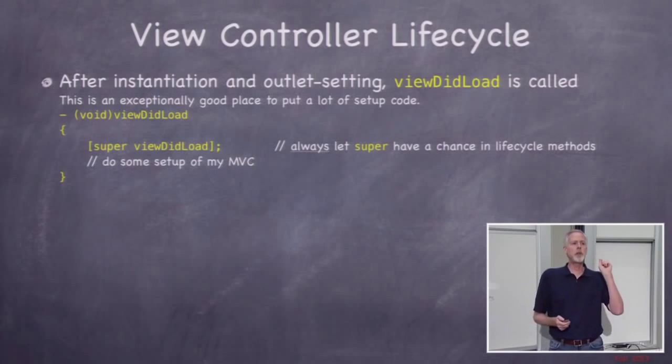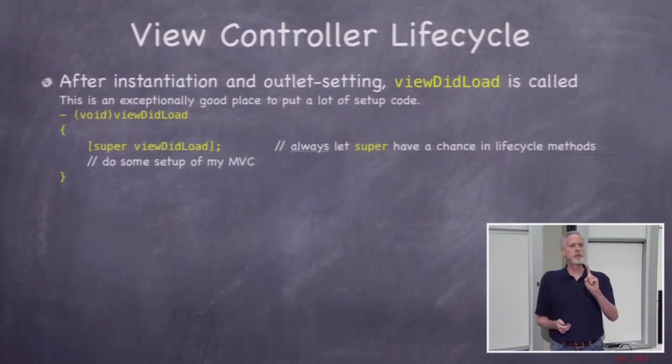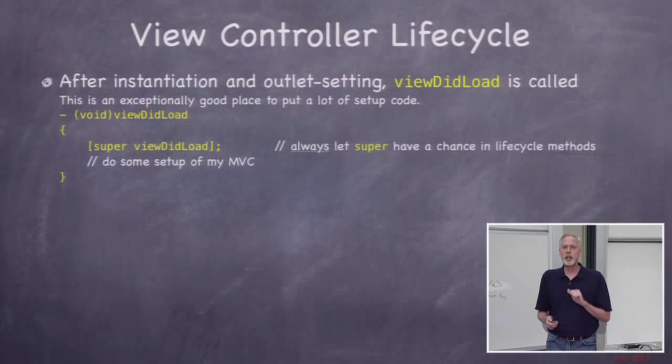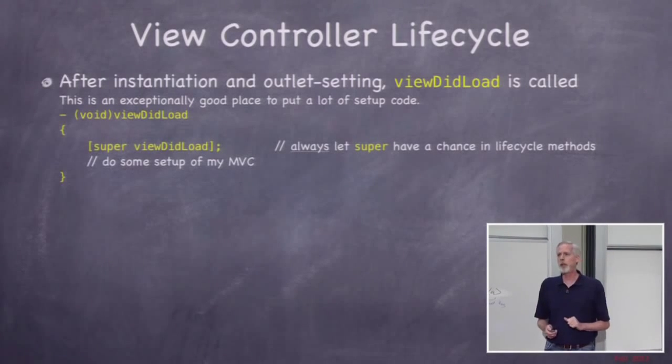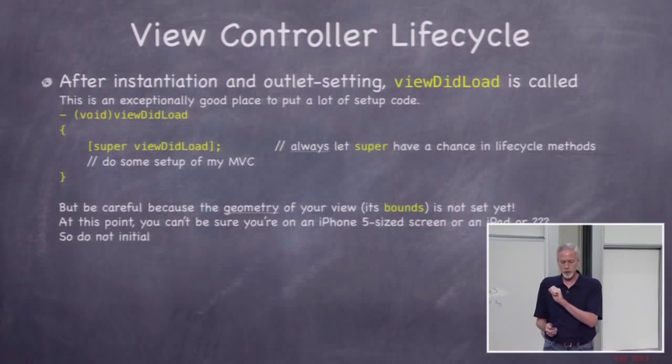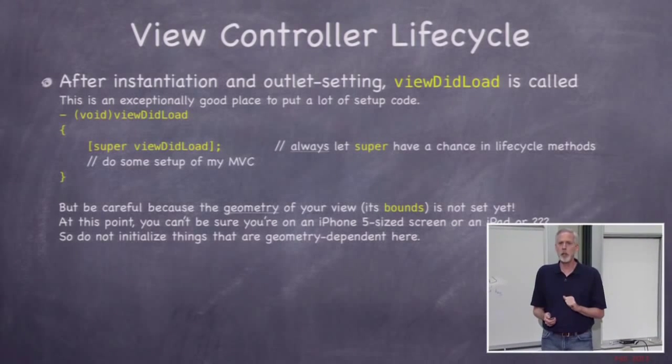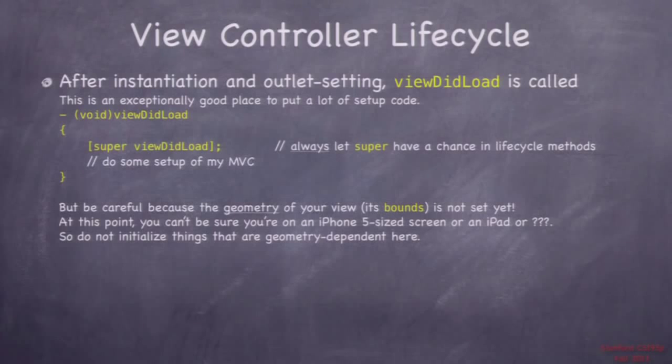viewDidLoad will only ever be called once in the lifetime of your controller. Period. Once. It never gets called more than once. Okay? It is a spectacularly great place to put initialization code. However, there are limits to what can go in viewDidLoad, most especially geometry code. At the time viewDidLoad is called, the bounds of your view is not finalized. It's probably just sitting at whatever it was in the storyboard,